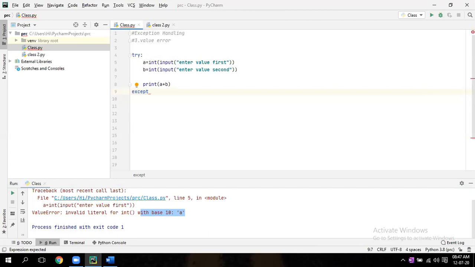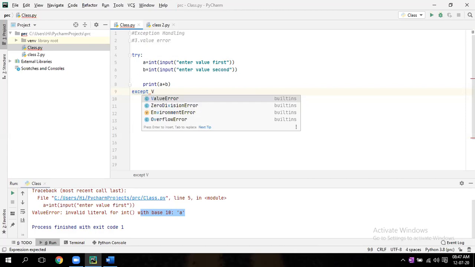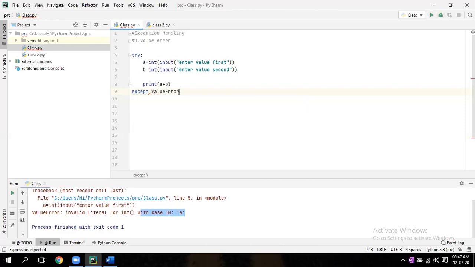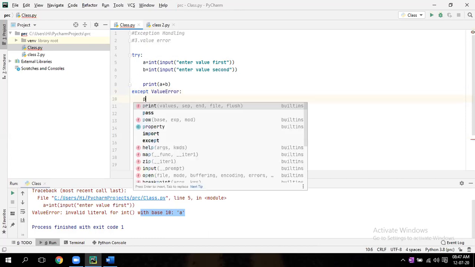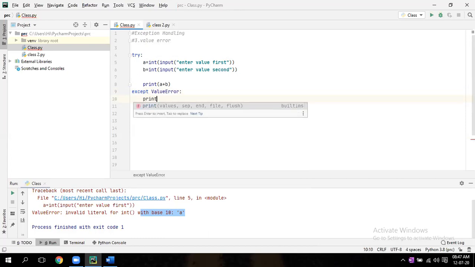Enter. Space. Capital V. Which error is this? Value error. Colon. Print, enter. Please enter number.